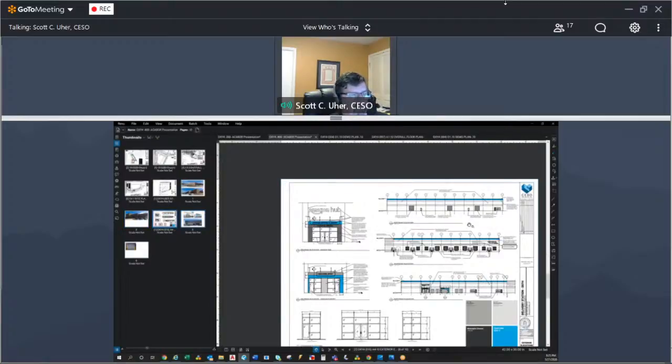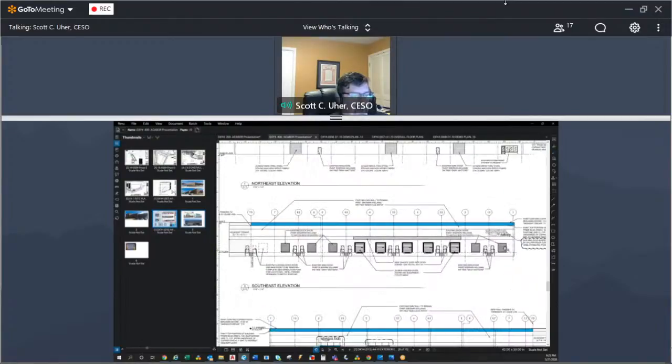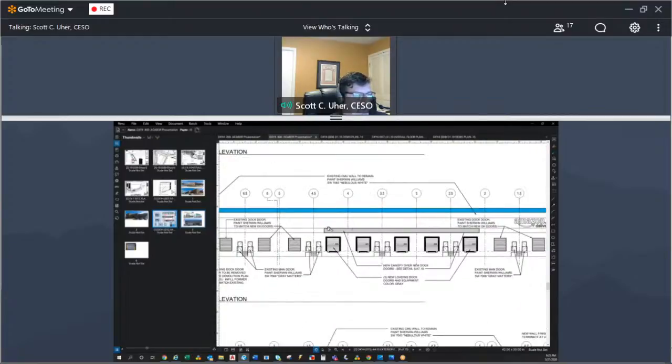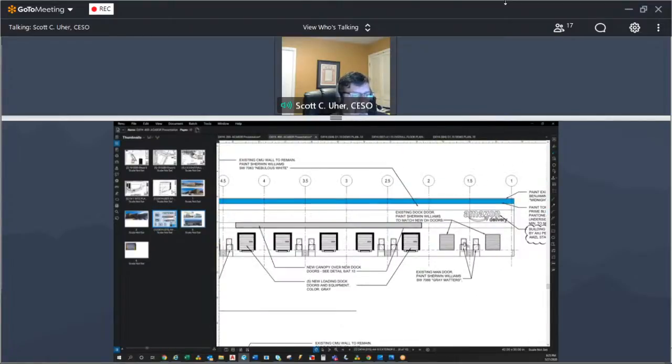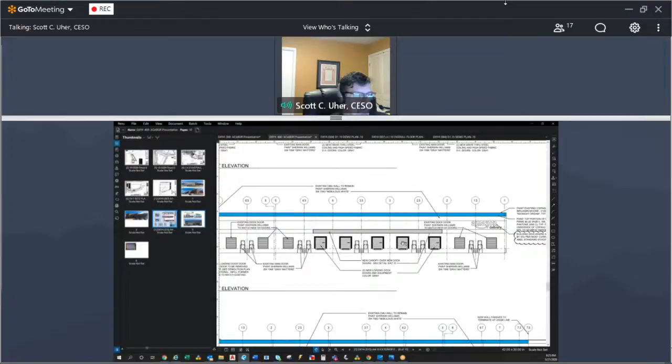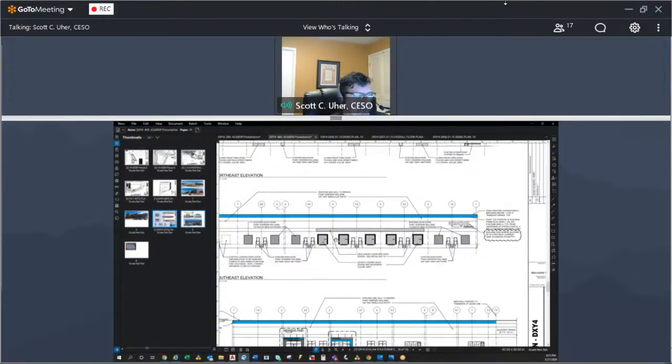So this is the facade with the loading docks. We're also proposing a canopy feature over the 5 dock doors that are going to be utilized. Amazon's only going to use 5 of these dock doors. The rest of these will be locked in place, but they'll all be matching. They only need 5 of them for their operation, and they have to be all together in order for this to function properly.